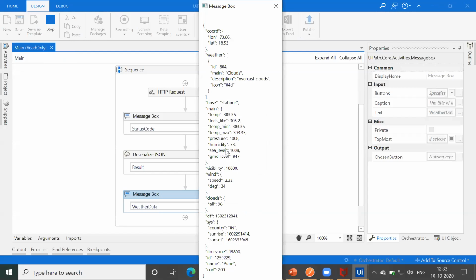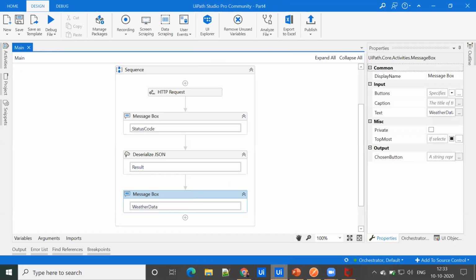So what I'm going to do is extract the temperature value from it. I don't want everything to be displayed. I just want the temperature value out of it, and I'm going to print it. So how am I going to do it? The temperature value is under the main section. If you go to the browser, you can see that.